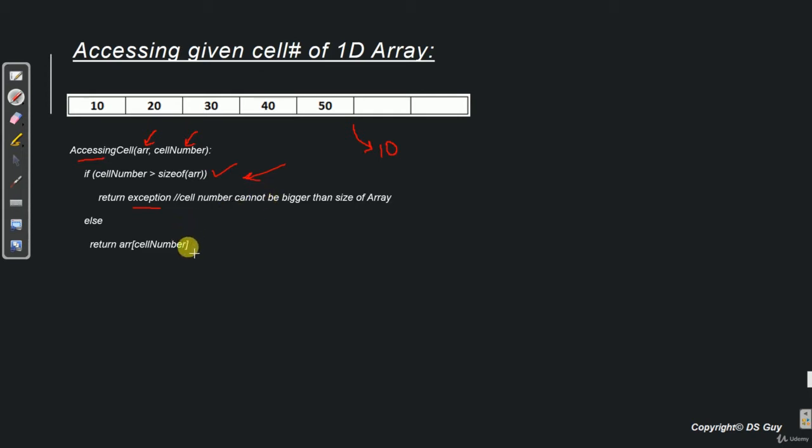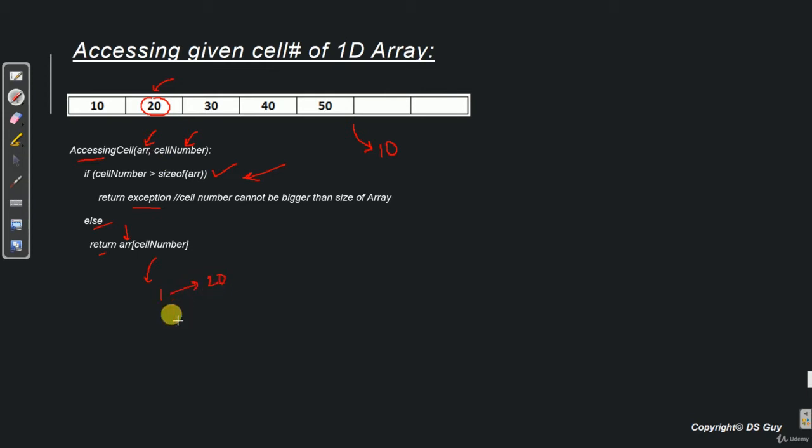Now in case we give the correct cell number, let's say we give cell number as 1. In that case this algorithm should return the value of this cell number over here. So for that we are saying else return ARR, which is the array name, and the cell number. So if the cell number is 1, it returns value 20.